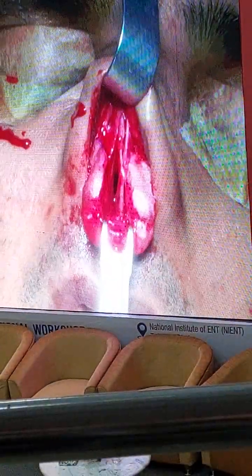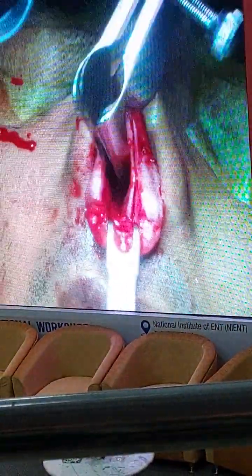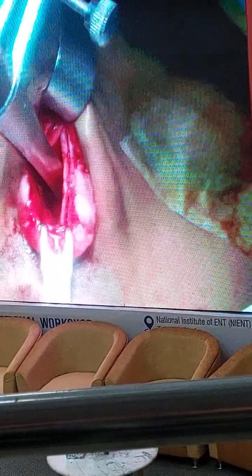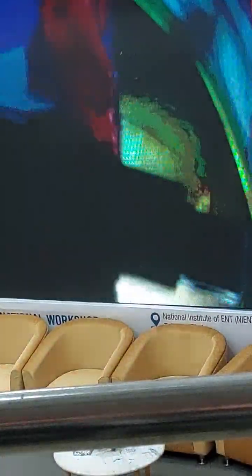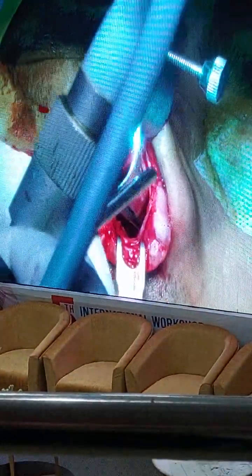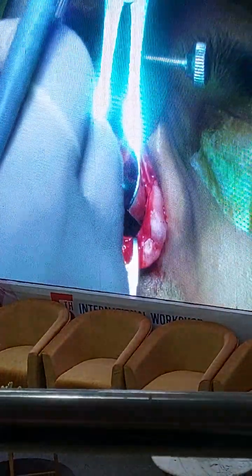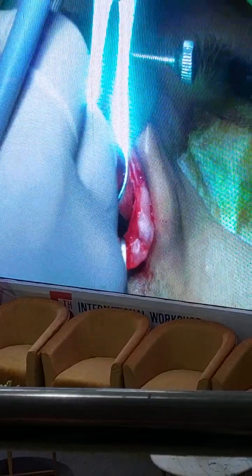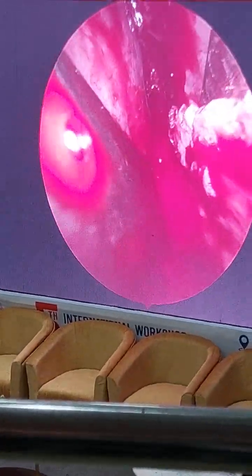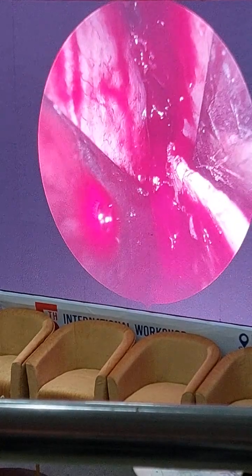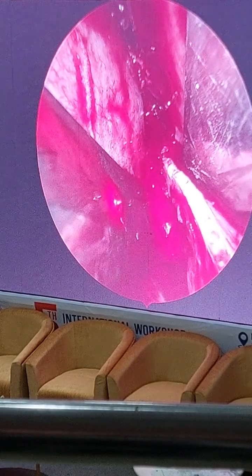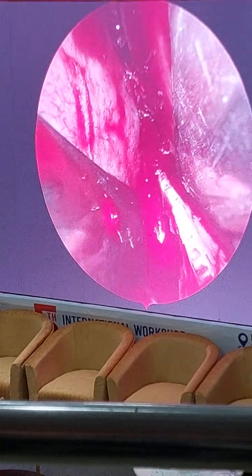You put it in the saline. Give me the suction. Perichondrium. I have one more suction. Nice. I have the suction and perichondrium both. Yes, you put this one. So when you have the suction and the perichondrium both.